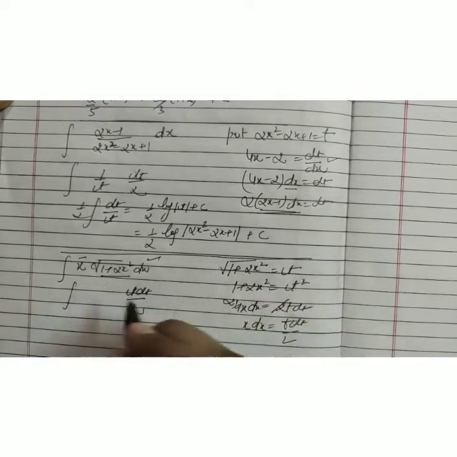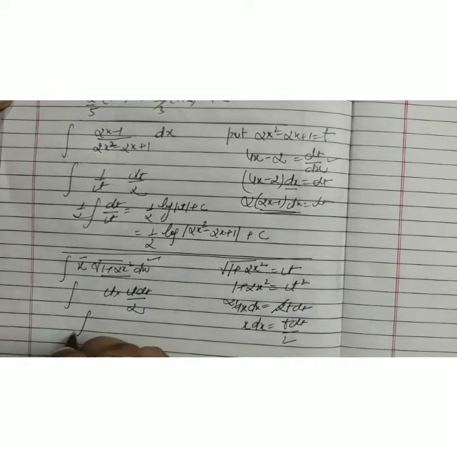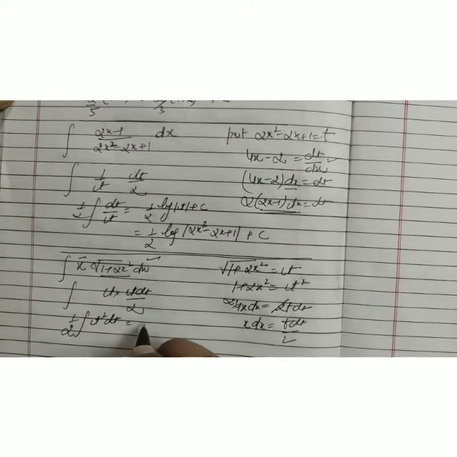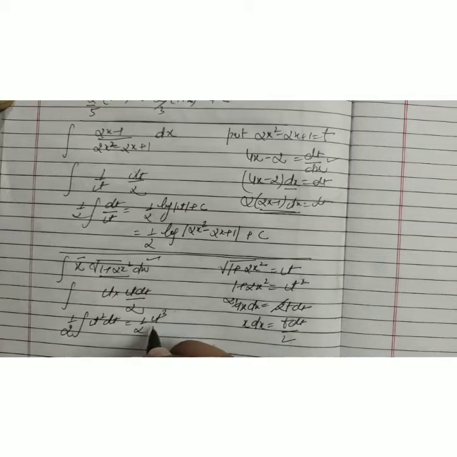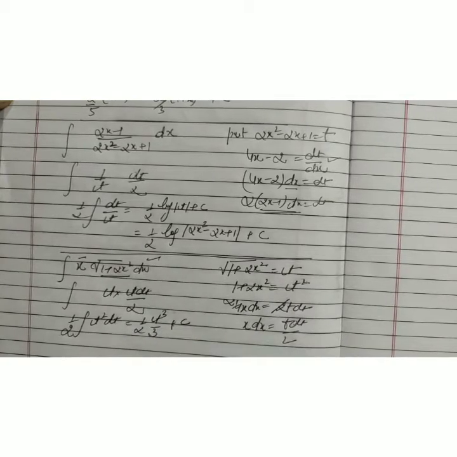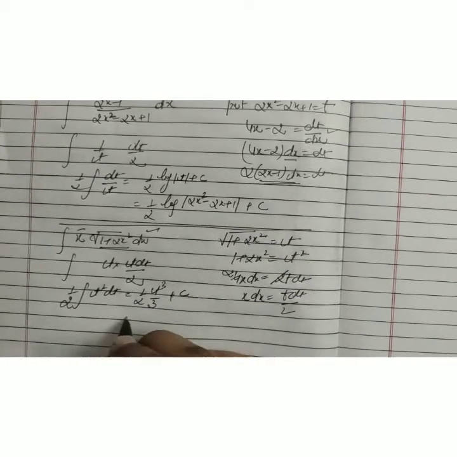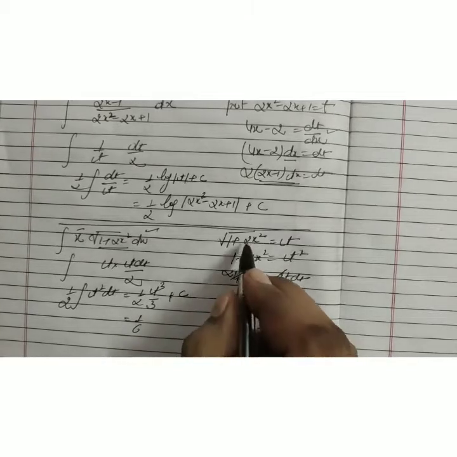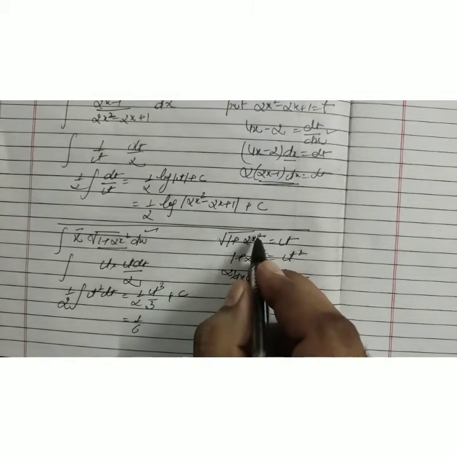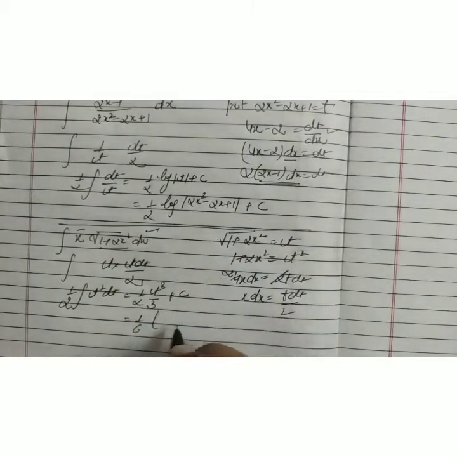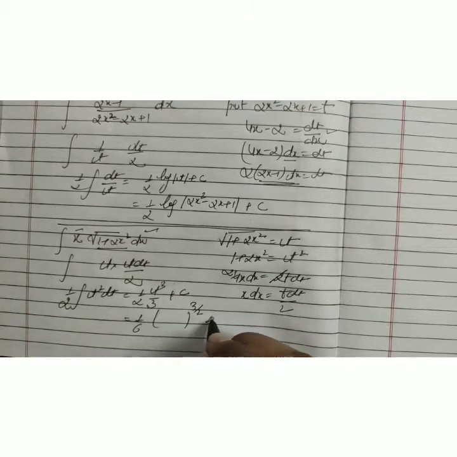Using all the values, the value of x dx is given by t dt by 2. The full value we have already taken as t. So overall the function becomes half of t square dt. Integration becomes, by the power rule, t cube by 3 plus c. Replacing the value of t, it is overall 1 by 6. t means half value of this, meaning half power. Again power 3 means power becomes 3 by 2 plus c.